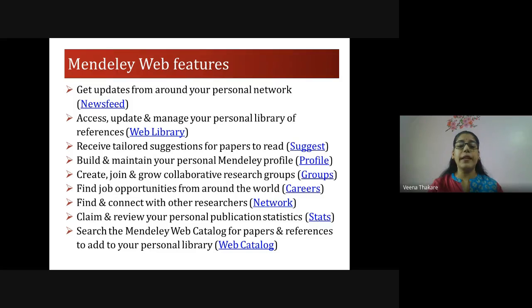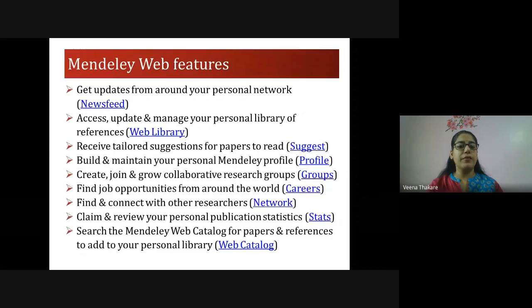In the network option, you can find and connect with other researchers. In stats, an important feature for all of us, you can claim and review your personal publication statistics. We all want to know our impact factors, right? So this is an important feature for us. And then you can search the Mendeley web catalog for papers and references to add to your personal library.